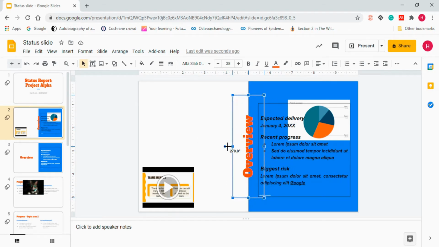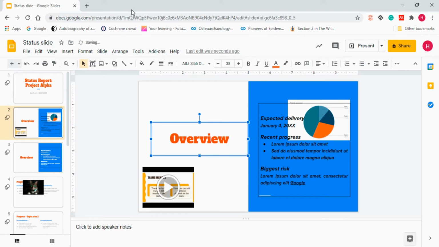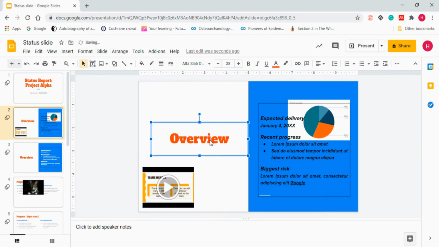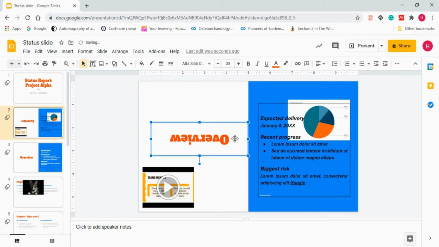Just click on this icon. After that, distribute and change it. Now it's on 0 degrees. Now I want it here. If you want to flip horizontally, you can also do that. Go to arrange, rotate, flip horizontally. Now you will see it flipped horizontally, and I want vertically. Now you will see it flipped vertically. If you want to go back to the earlier position, press Control Z. It just undoes what you have done.